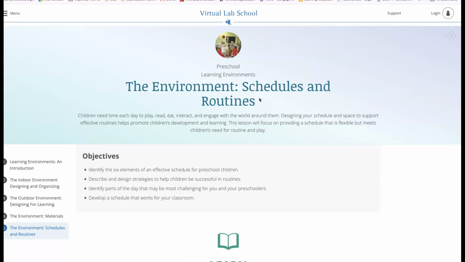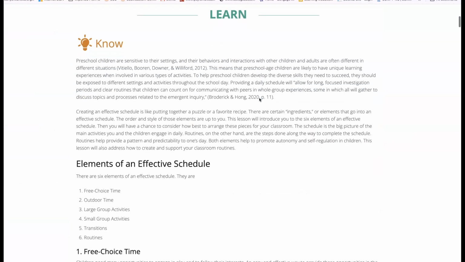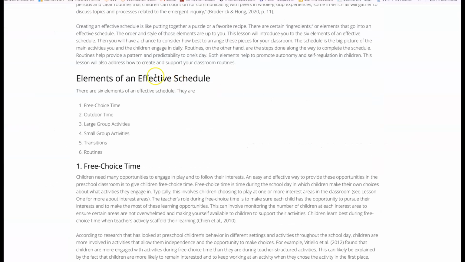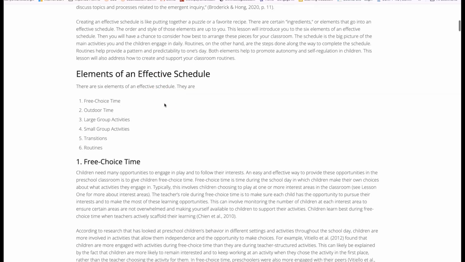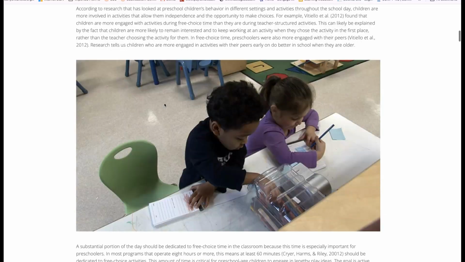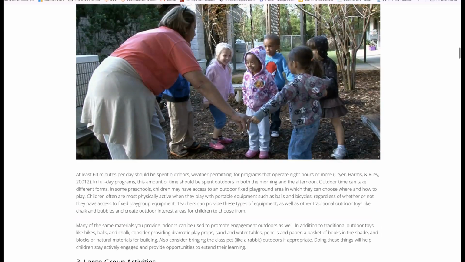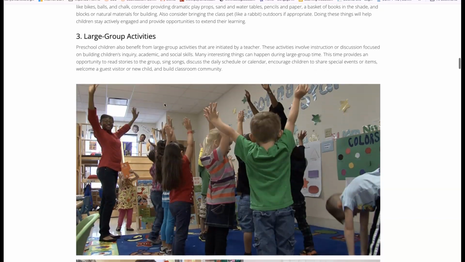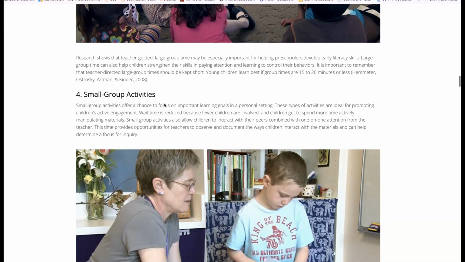So when you get here, you'll see that it's got lots of information. Elements of effective schedule. There's 6 elements: free choice time, outdoor time, large group activity, small group activity, transitions, and routines. So you want to go through and read this information. Large group activities, small group activities.